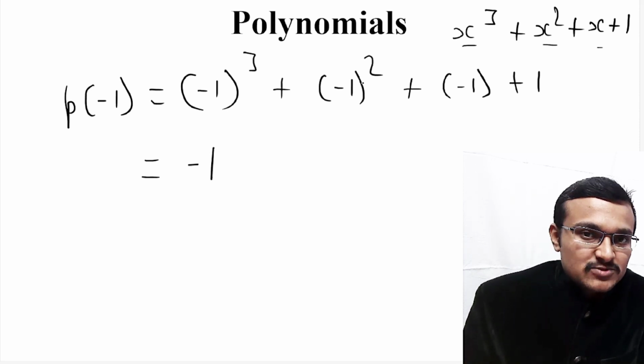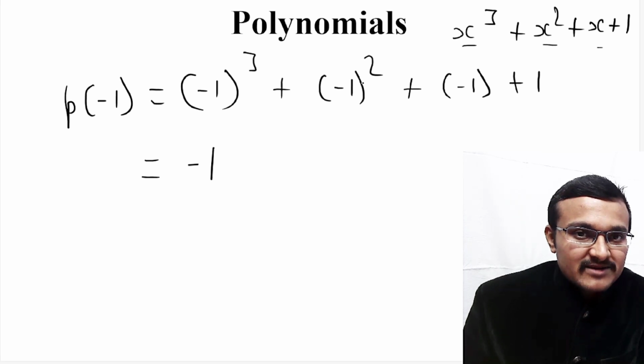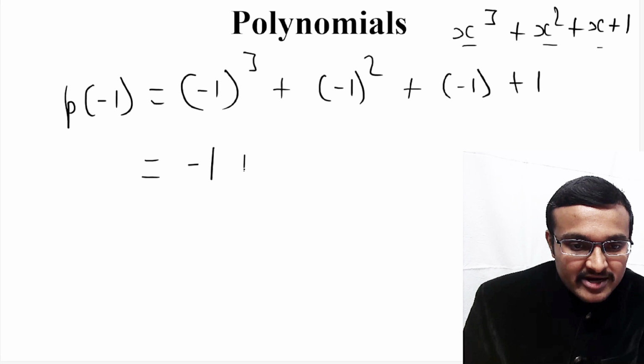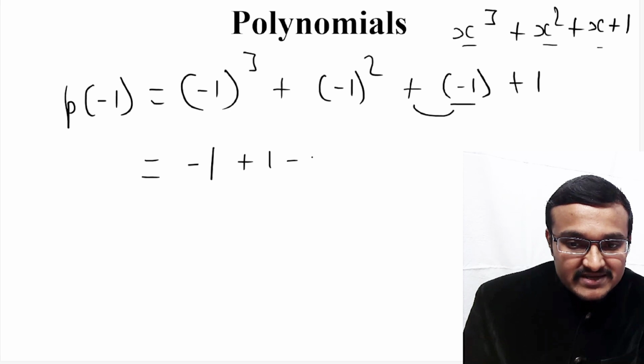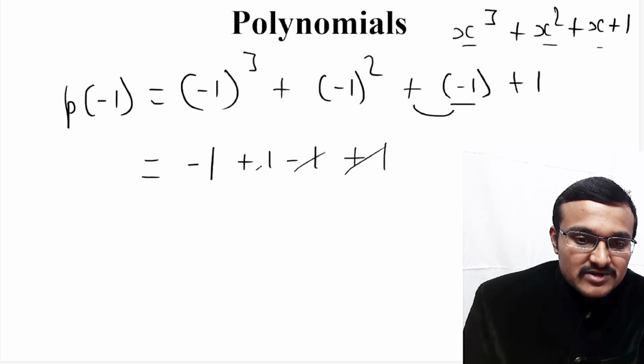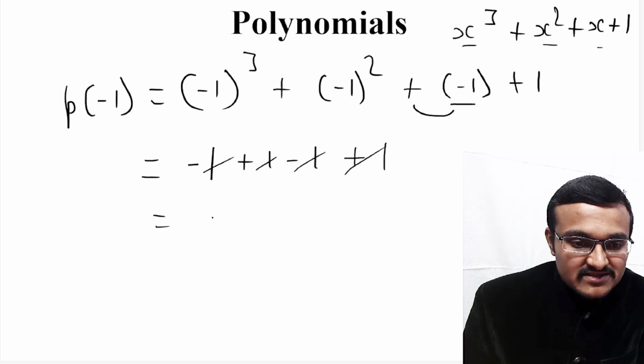Here minus 1 into minus 1 is there. 2 times you have to multiply minus, that is minus into minus, that will be plus. 1 square is 1, so plus 1. Here minus is there, outside plus is there, so plus into minus is minus. So minus 1 plus 1. Here you can see minus 1 plus 1 minus 1 plus 1 get cancelled with each other and